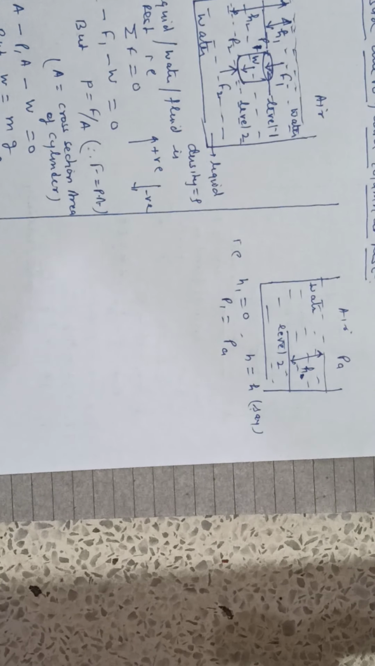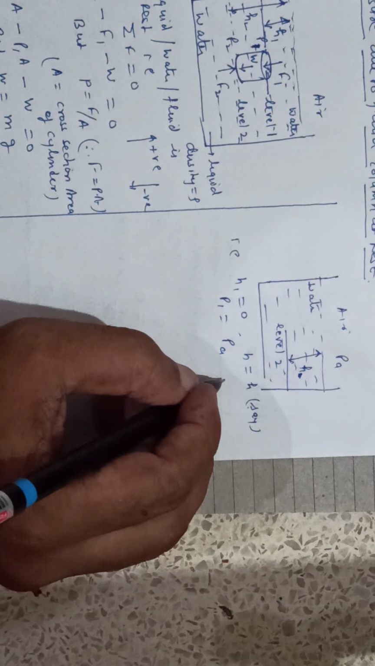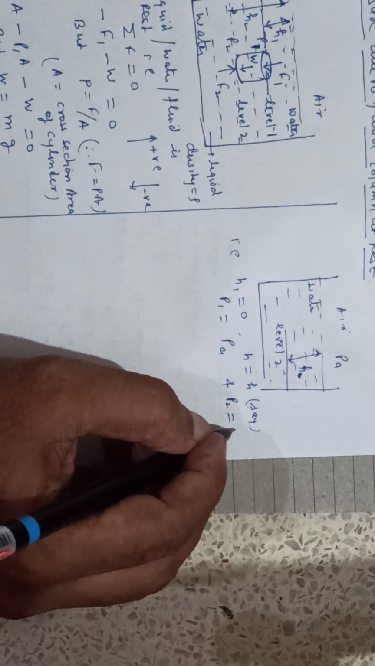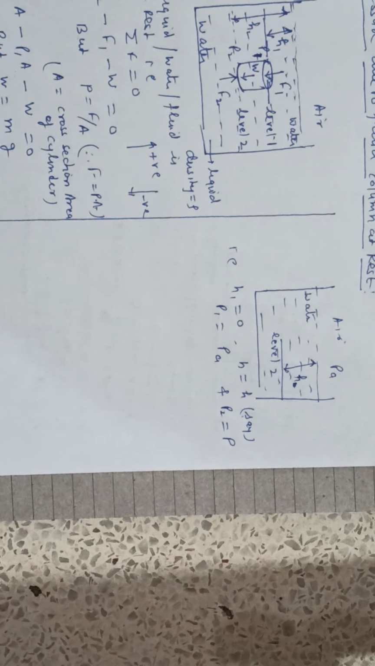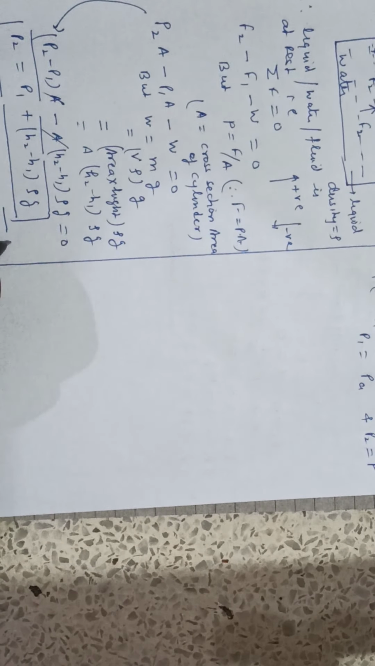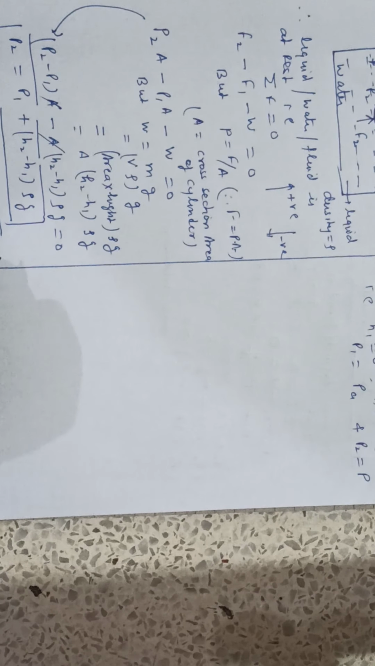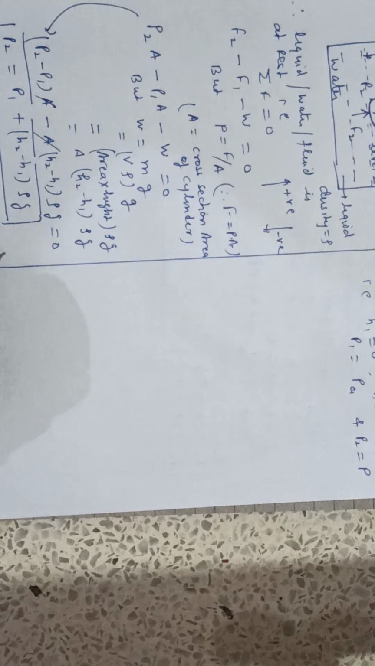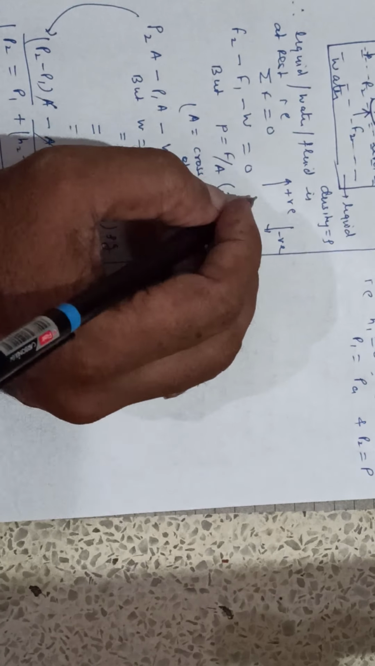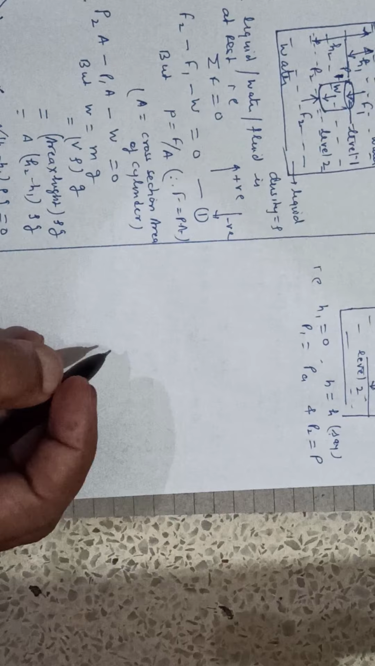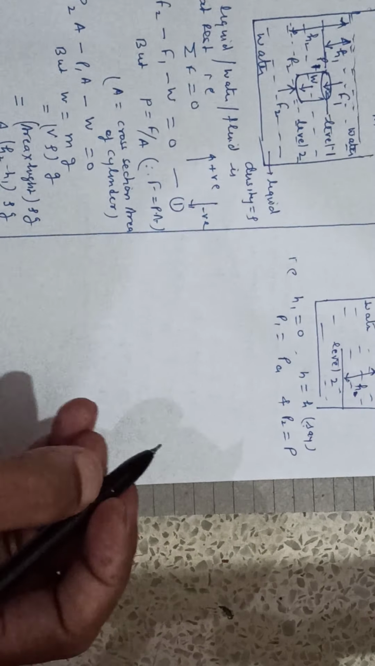So P1 assumes the value of atmospheric pressure. So P1 is equal to P_A, and suppose P2 you can assume is P. So pressure P2 at depth becomes P. Now substituting these values in equation number 1, suppose you can say this is equation number 2. So on substituting this in equation number 2,